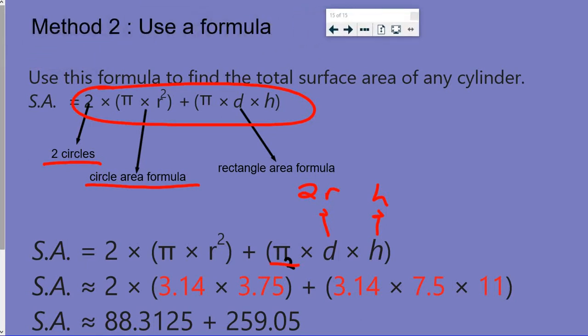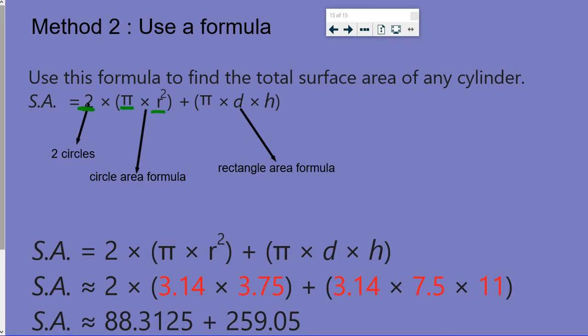So method 2 is, there's a formula for this actually. We use this formula to find the total surface area of any cylinder. What we need to take is, we have two circles, so we know that there are two there. So we take the area formula, which is pi r squared, and we multiply that by 2 to get the two circles. To get the rectangle, we take pi times d, which is 2r,